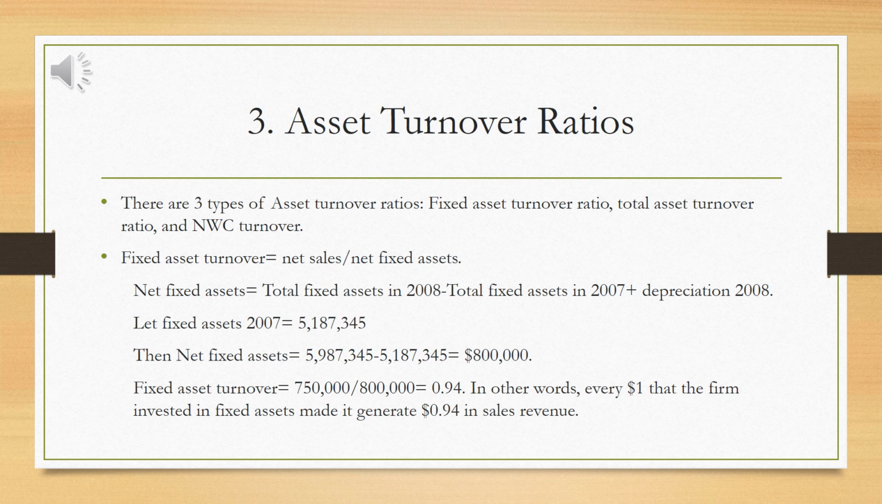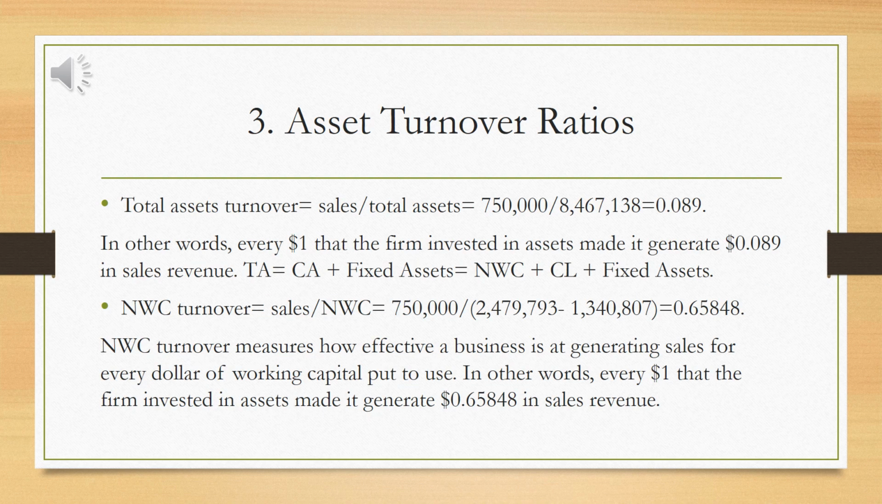$0.94 in sales revenue. Total asset turnover equals sales over total assets, which is 750,000 over 8,467,138, which is 0.089. In other words, every $1 that the firm invested in assets made it generate